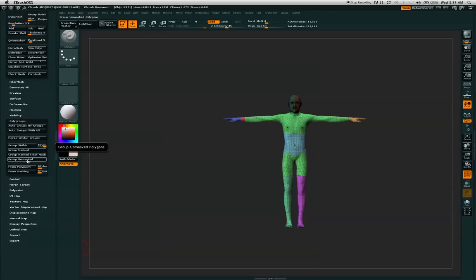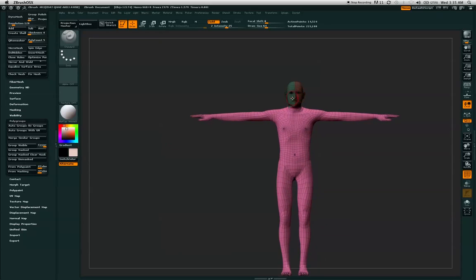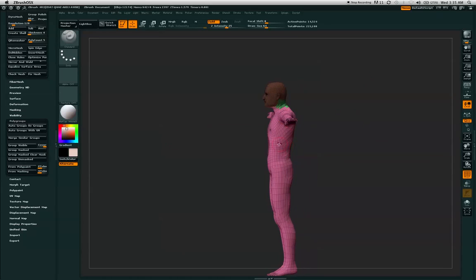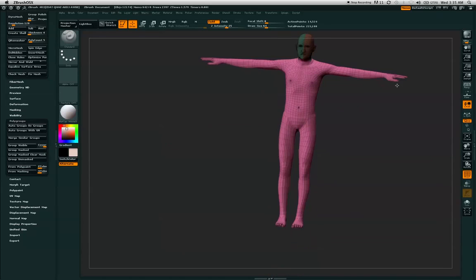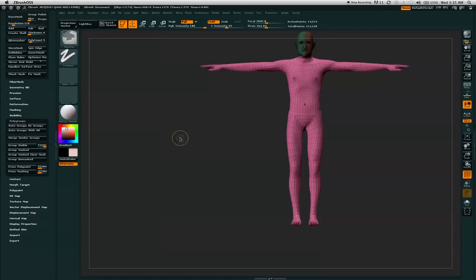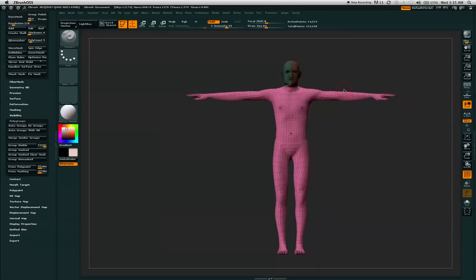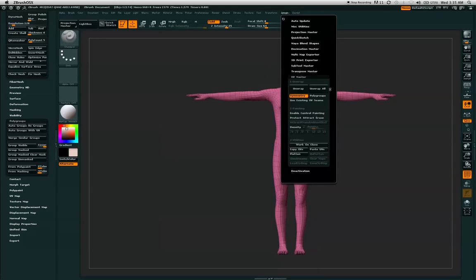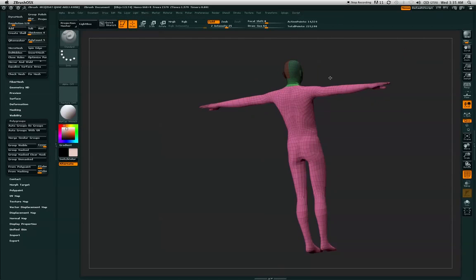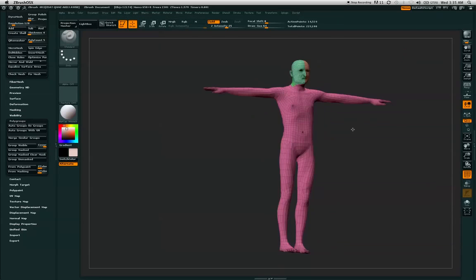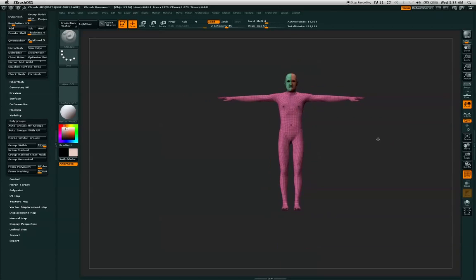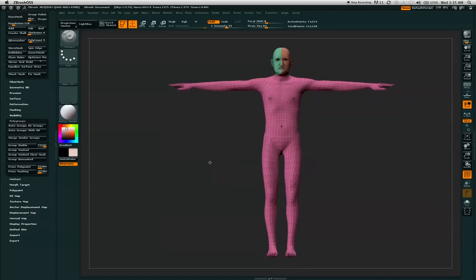Also click on the Group Unmask button. As you can see, I masked off the head, and now the whole body is one group. You can use this masking technique or the selection technique to create a UV map. Also good to create these polygroups for use while posing,